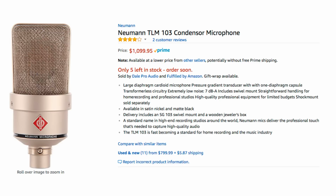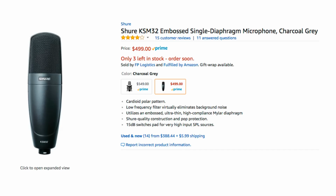Now, the KSM32 has a couple of additional features that the TLM103 doesn't, and half the price. This is $1,000-ish, and the KSM32 is $500. I think it's $499. But for half the price, I couldn't tell the difference. So for me, this is like a real